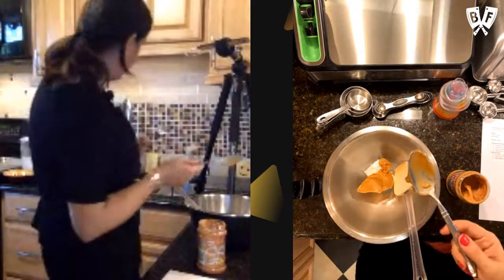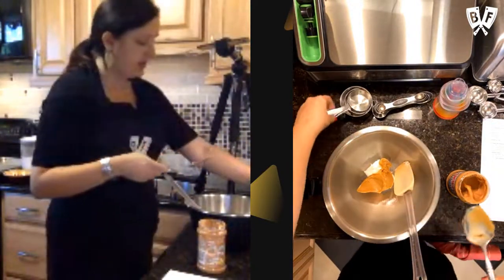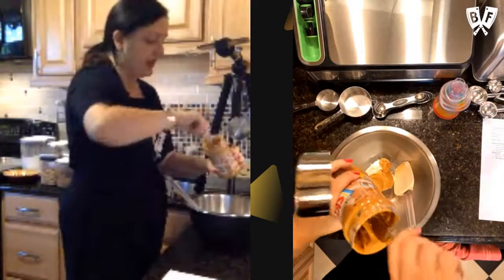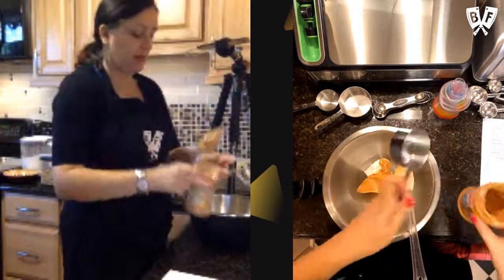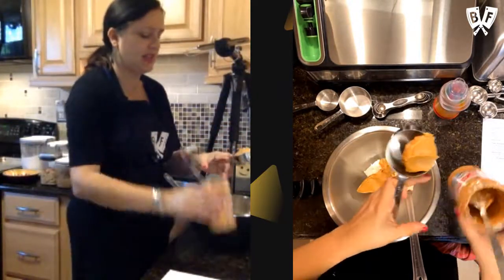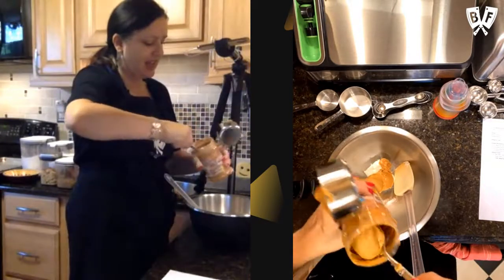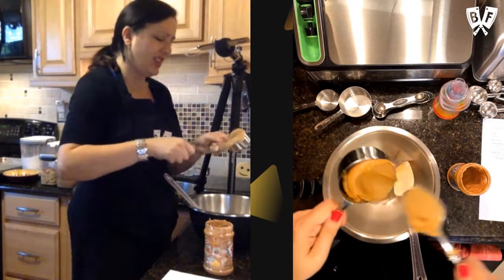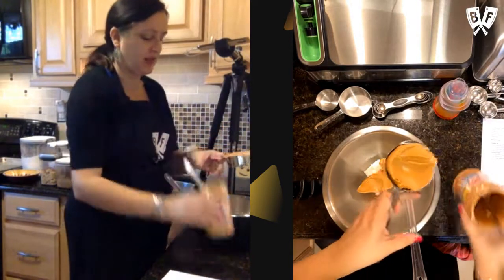So 3/4 of a cup of peanut butter. So that was a quarter. I'll do a half. And I've been making these since I was a kid with my mom, and I had been craving them recently, and I asked her if she had the recipe, and she did. It's not originally a family recipe, but I've changed it around a bit and fixed some of the measurements and